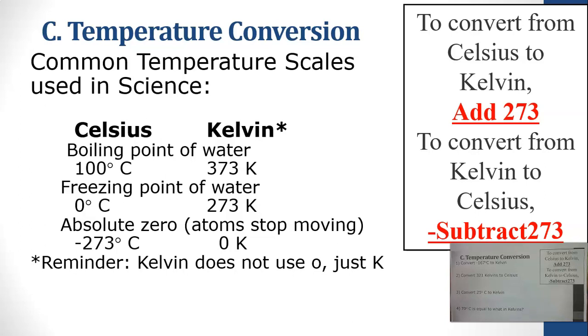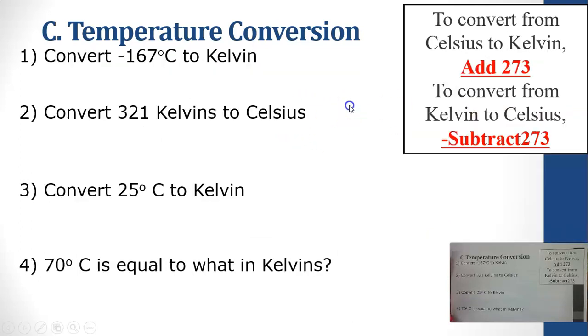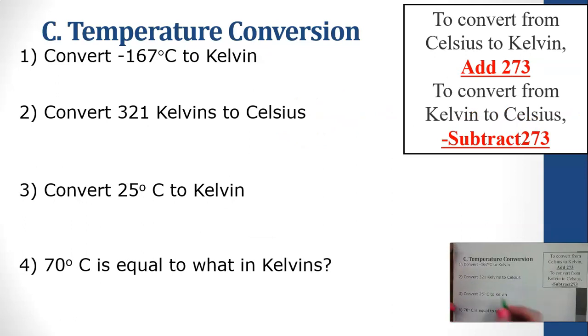So if you've got Kelvin and you want to convert to Celsius, you'll subtract 273. Not hard. Okay, so we have some temperature conversions that I'm going to do down here in the document camera. If I'm going to convert negative 167 degrees Celsius to Kelvin, so what do? Well, if I'm going Celsius to Kelvin, I add 273. So I go negative 167 plus, because I'm adding 273. So negative 167 plus 273 is what? 106. So that's 106